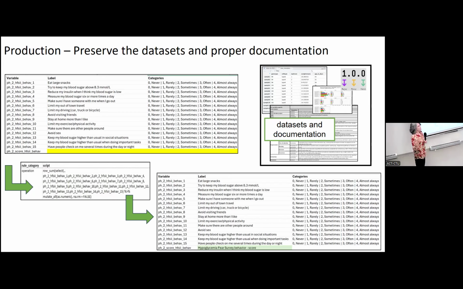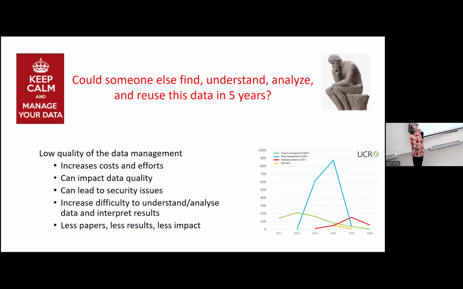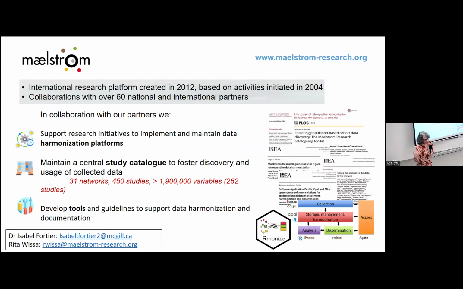So we develop our packages for data harmonization, Harmonize, and data cleaning and documentation, MatShaper, that can be useful when you generate, because that's a way. You have an Excel file where you define everything. So that can be a way to make sure everything is well documented and well structured. It doesn't mean you need to use those packages, but documenting properly is really important.